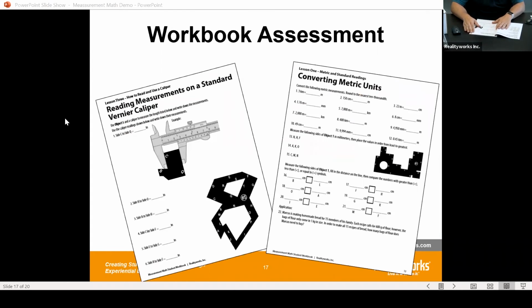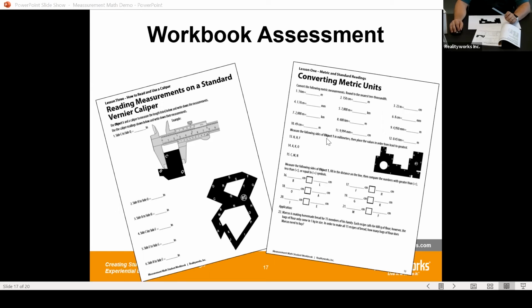I'm on page 13, and it's converting unit, metric unit. So I'm going to take my number 1 tool here. And when I'm going to use this number one tool, what I'm going to do with this is I'm going to take my ruler and I'm going to go ahead and show you how this is done. So to give a little bit more visual, I'm going to just do the first some of